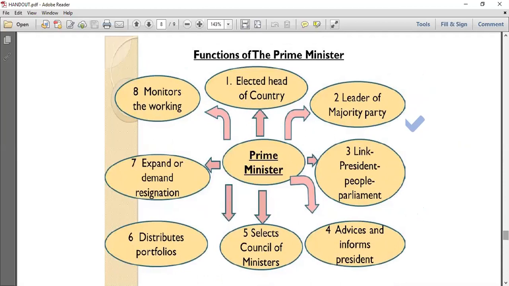So we should definitely give it a look at what the Prime Minister actually does for us. He is the elected head of our country. Whom is the Prime Minister actually elected by? It is by the citizens of India, right? Because he is the leader of the Lok Sabha. The Lok Sabha is elected by the people, by all the citizens. So he is actually an elected head of the country. We have elected him, right? He is the leader of the majority party. So whichever party gets a majority in the Lok Sabha elections forms the government, right?